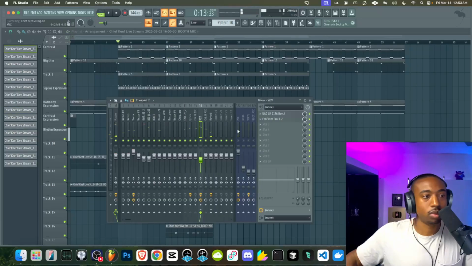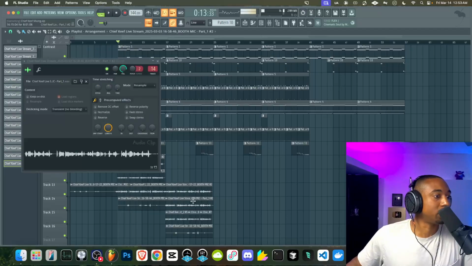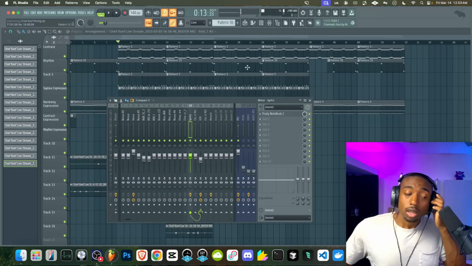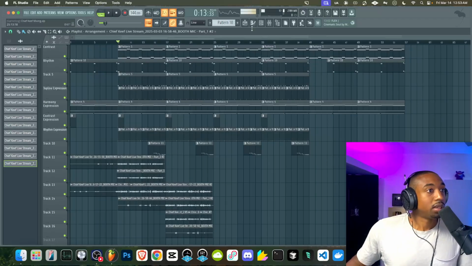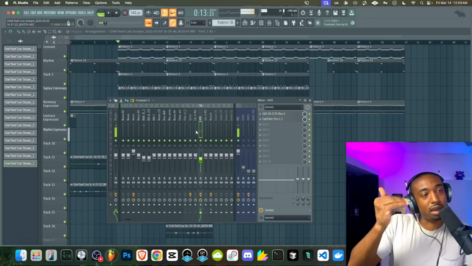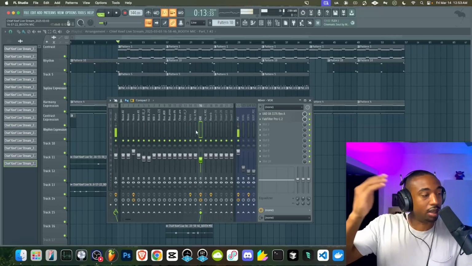All right, so I fixed the routing inside the recording. This is why it's so important to have your sessions routed properly and everything organized first. So now everything's routed properly. Now we have all the vocals going to the vocal group. And now I'm just trying to get the maximum amount of aggression out of the vocal and also out of the beat without one being louder than the other one.